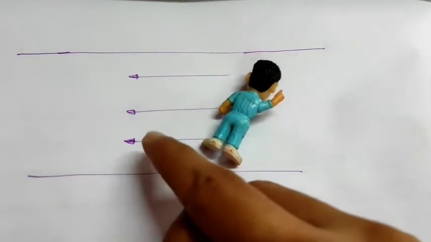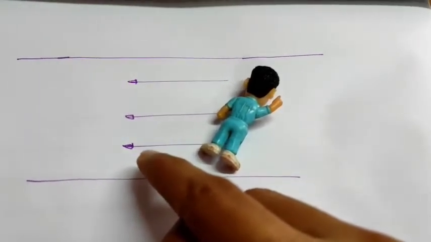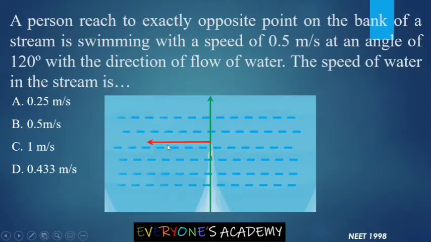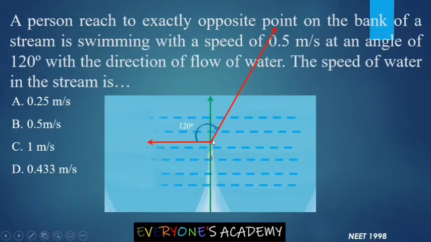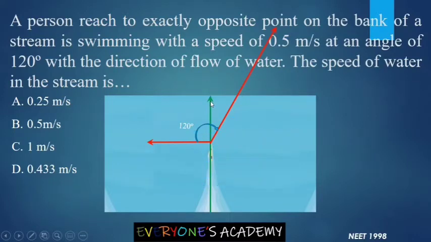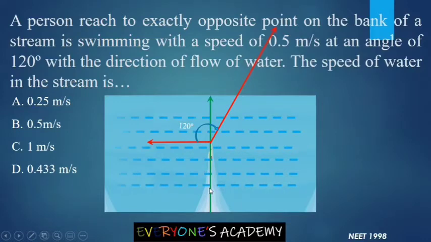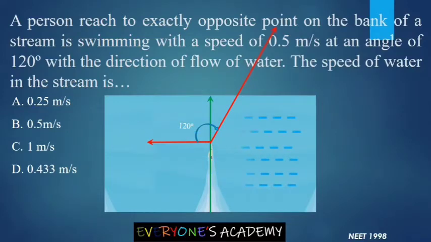So you should measure the angle from the velocity of the river flow. This is the direction of flow of the water. We will measure 120 degree from this direction. So it will become this direction. This is the direction for the swimmer. He is swimming in this direction and the river flow is in this direction. Because of addition of these two vectors, the net resultant is in this direction, that is perpendicular to the stream. Let us rearrange these vectors, we will get this.